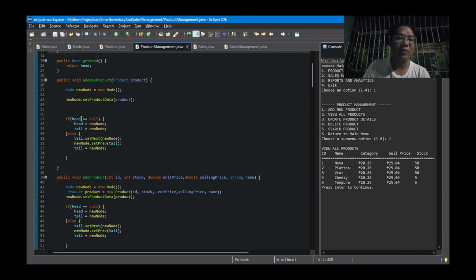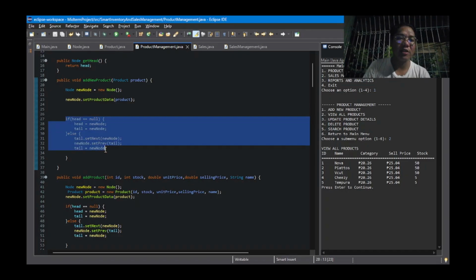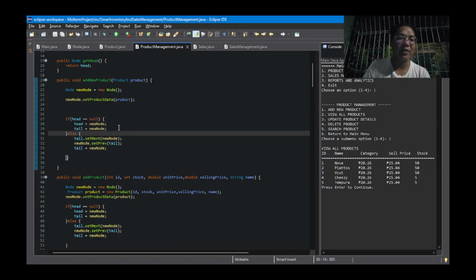We're basically going to create a new node, and that will cater all of the products coming from the main class. So this is basically the pointers. If head is equal to null, that means we don't have any data yet, so the head will point to the new node, same as the tail.